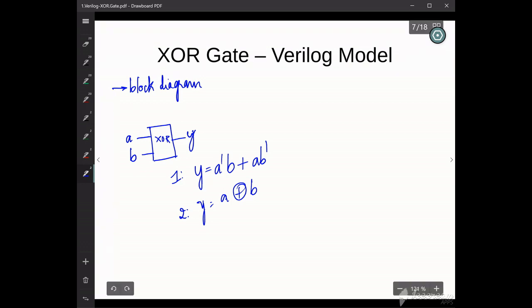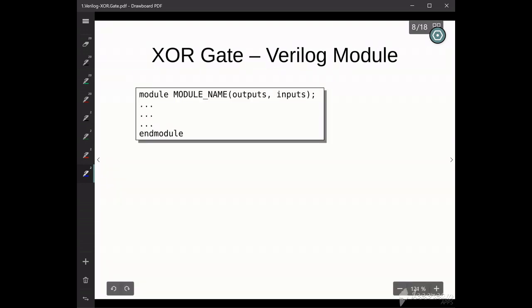Right. This is the first thing that we need, and in our design right now for the XOR gate, it's very simple. There's just one module. There are no modules inside. There are no sub modules, which we will see later. We will build something which has a bunch of sub modules also, but this being the first example, let's begin. Any module that you design in Verilog has to be defined inside these keywords